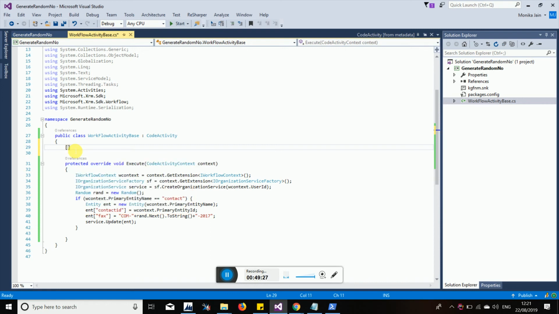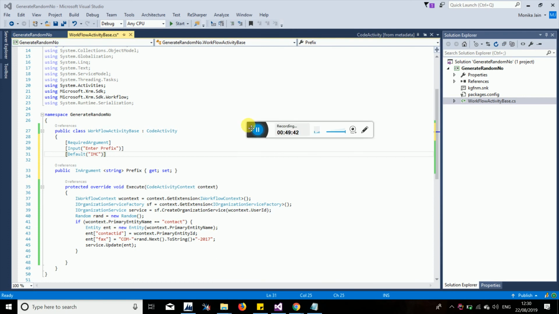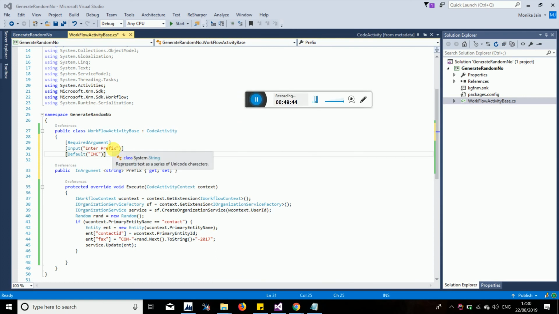Here in the bracket, here we will write input and then in. What we have written is an input argument which will be visible in your workflow. From there you can set the value of this workflow. Okay, so how you can do that?